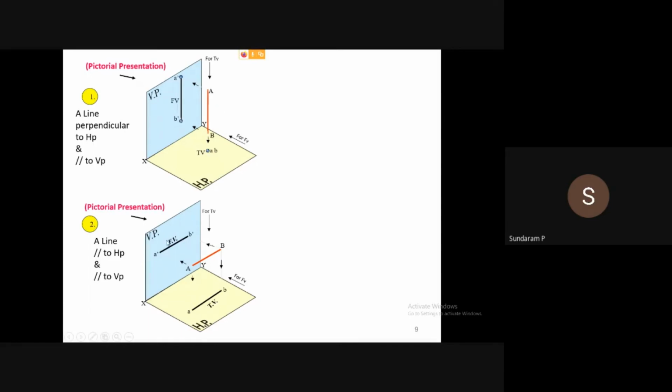So in drawing, this is your assumption, this is imaginary. This is a pictorial presentation for your 3D imagination. But in your technical drawing, what you actually have to do is draw with the XY line, in orthographic pattern, with the 2D axis. In the 2D axis, we have to draw the line like this.